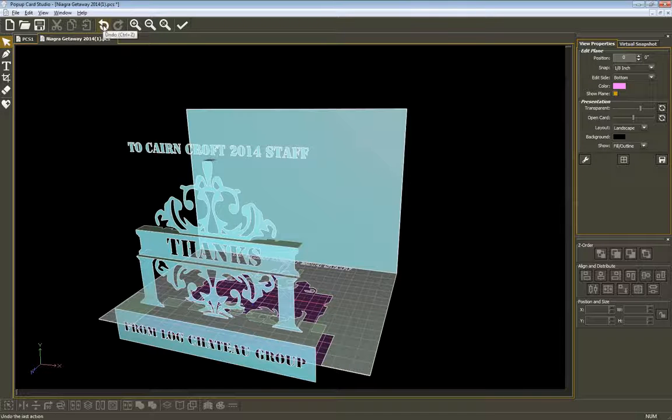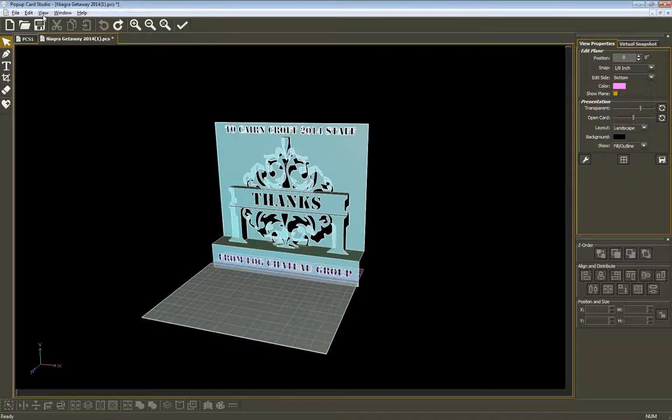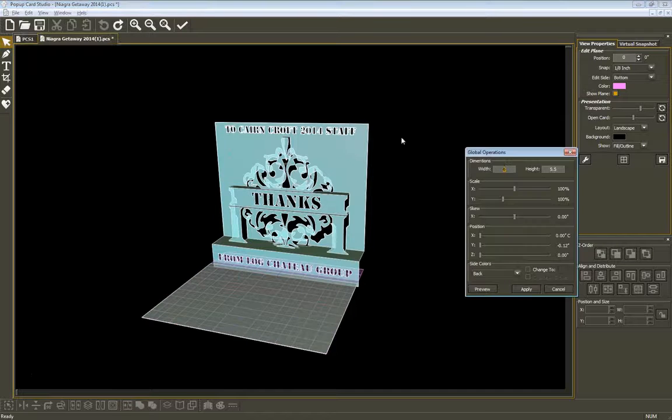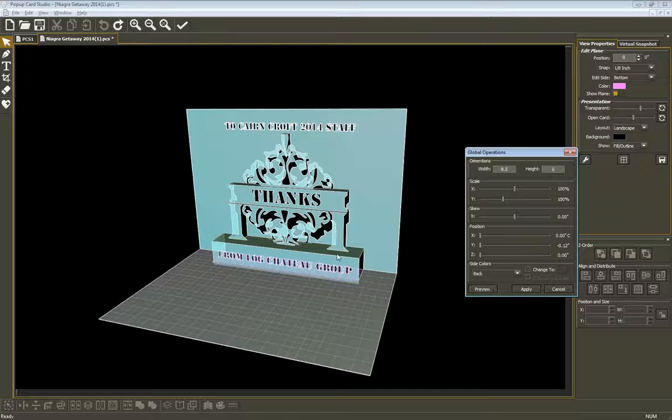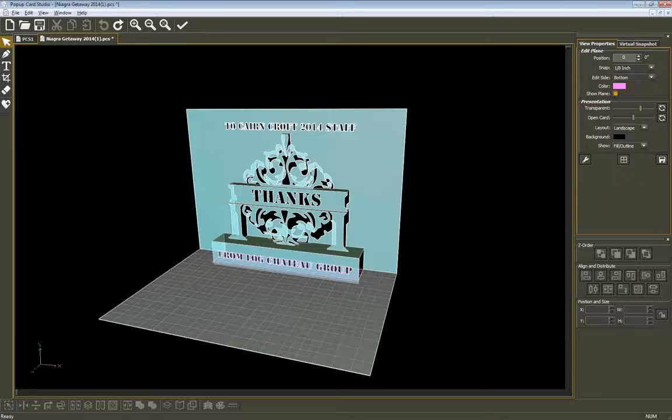Anyway, immediately go back and do an undo, and then go right back in and do the same exact operation. So 8.5 by 6. And usually that will work. So there, that worked. And then you can hit apply, and then it's saved. There's still issues with it, like if we wanted to bring up the Z, like this,